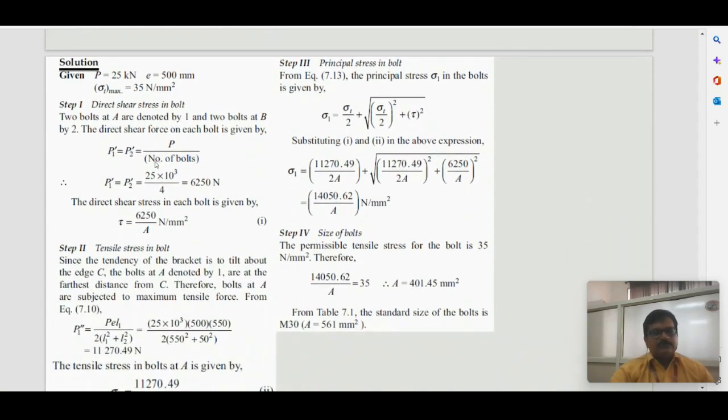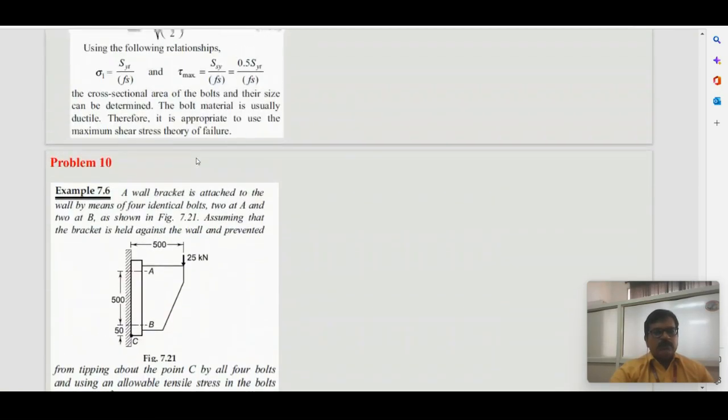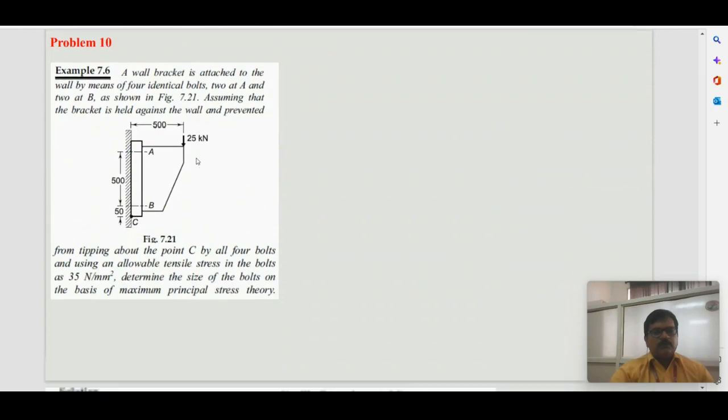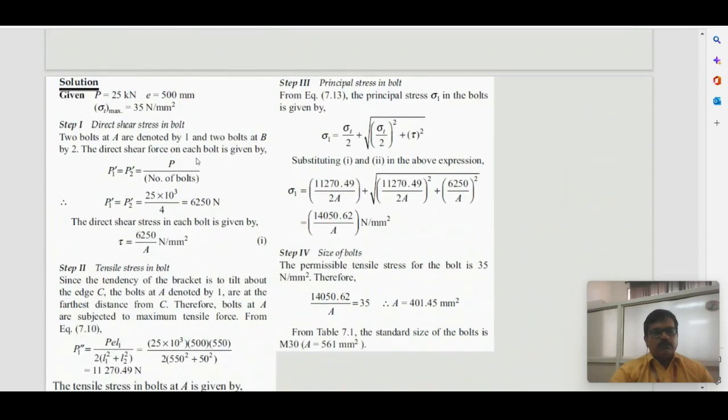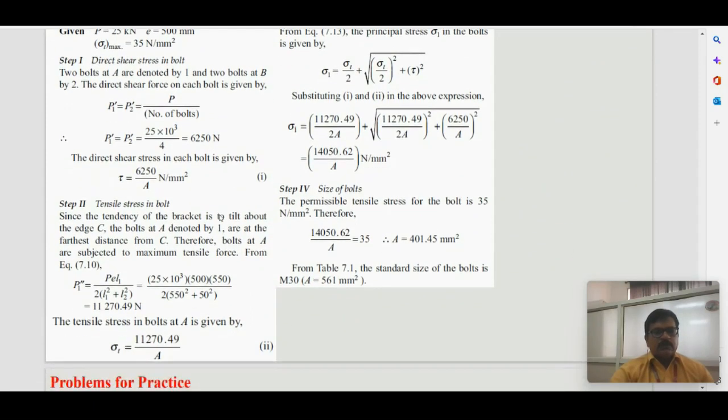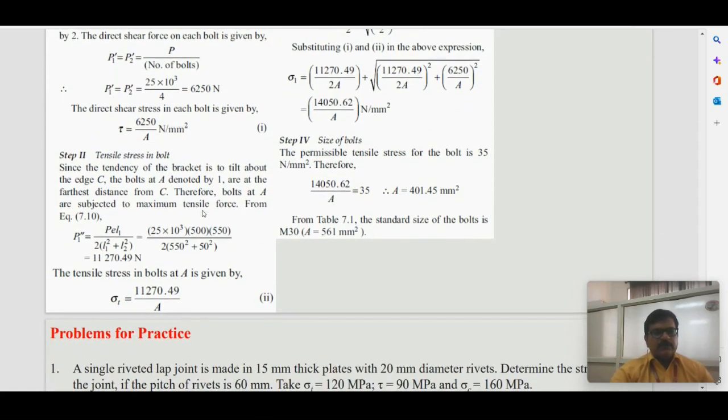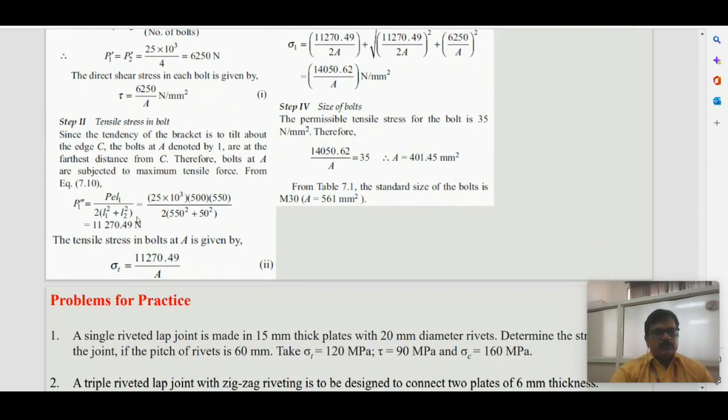So direct shear. There are total, how many bolts are there? Four. So it is P by 4, that is 6250, and shear stress is load upon the area, keep it aside. Then tensile stress in the bolts. So P1 double dash is equal to P by 2 into L1 square by L2 square, that is C into L1. So we calculate that as